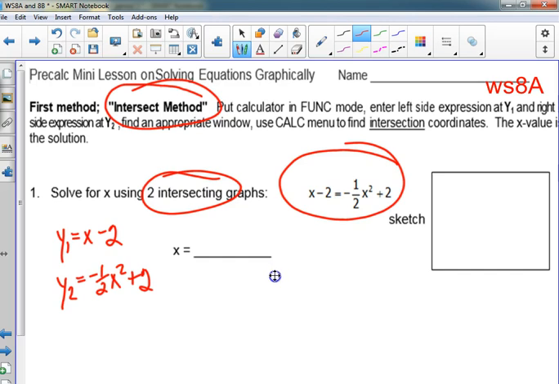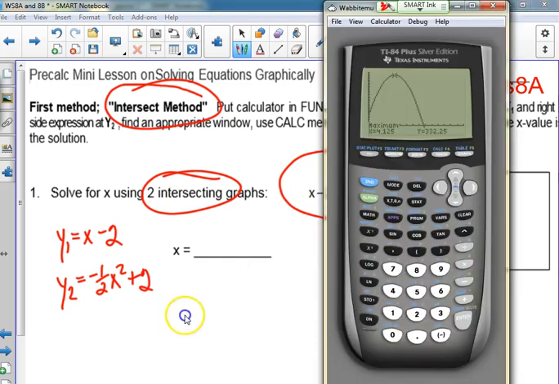Now, when I find the intersection points, it is going to give me an x and a y. Which am I looking for? If this was my original question to solve this equation, what am I looking for? The x. Is there a y anywhere in this equation? No. All right, so let's go to the calculator